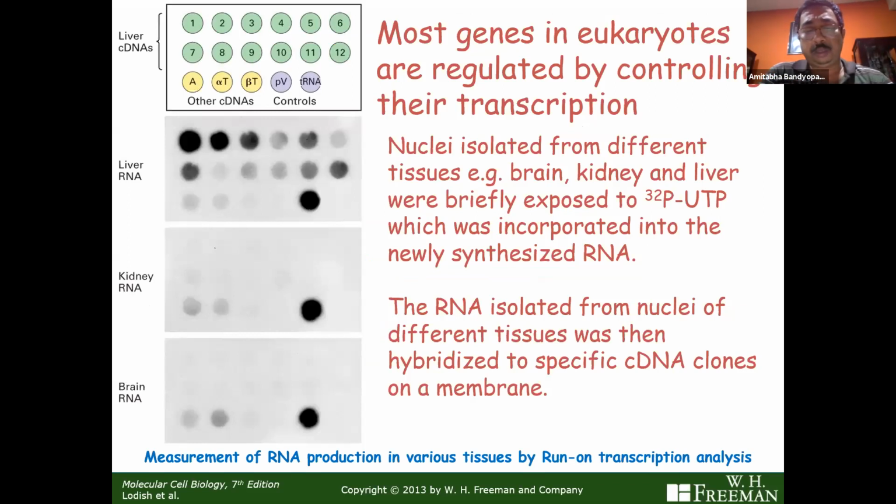But just so that you have an appreciation of history, let me tell you a little bit about run-on transcription. As you know, mRNAs are transcribed in the nucleus. If you can manage to isolate the nucleus of a cell and very briefly expose it to P32 UTP, it will radiolabel all the RNA that were being produced in that cell at that particular time when you isolated the nucleus. Now, if you want to know which are these mRNAs that were being synthesized at the time, in the olden days,